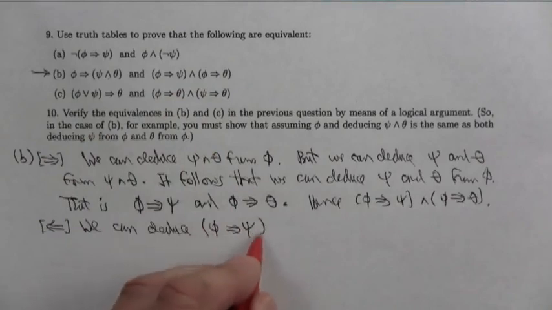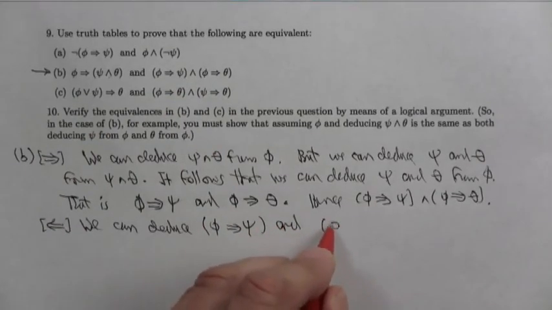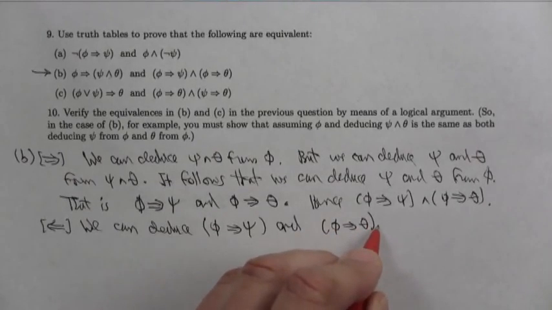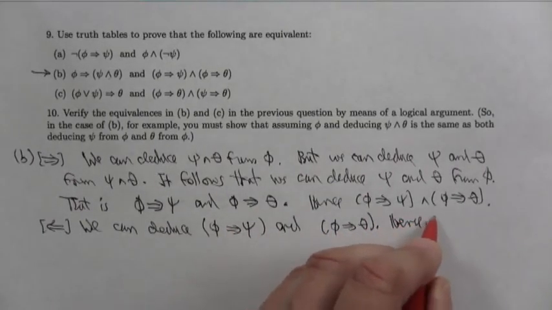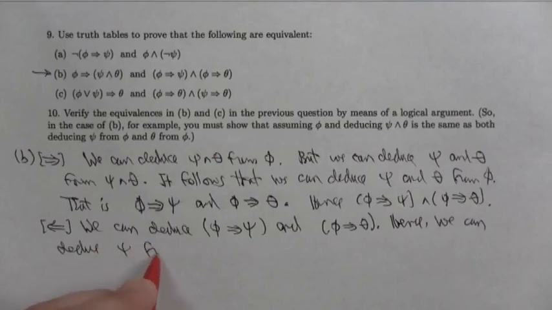So we can deduce that, and we can deduce phi yields theta. So we can do those, each of those two things are possible. Hence, we can deduce psi from phi,